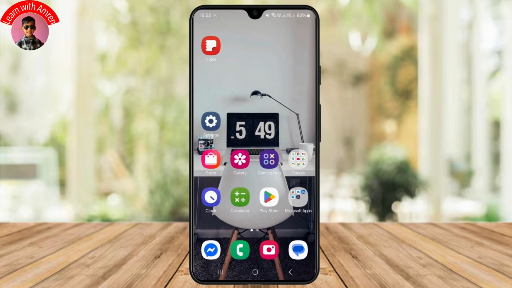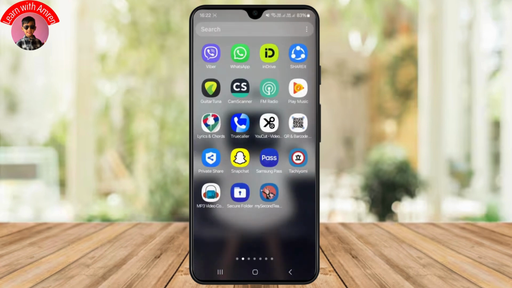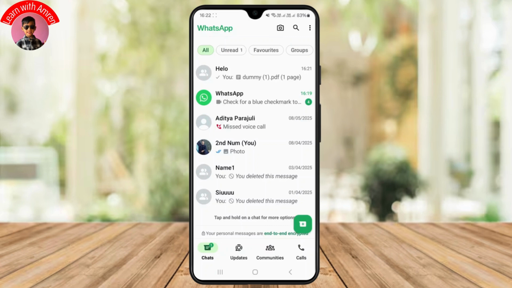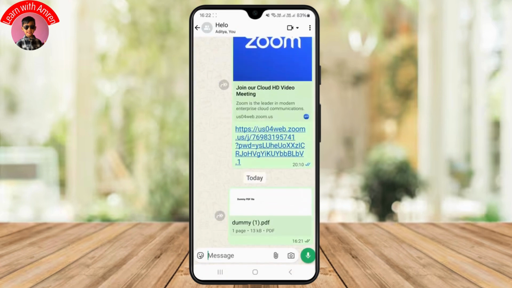In this quick tutorial, I'll be showing you how you can easily send PDF file from WhatsApp to email. So let's get started. First, just head over to your WhatsApp application and make sure you are logged into your account. Now in this example, I have this PDF file over here, and if I were to send or share